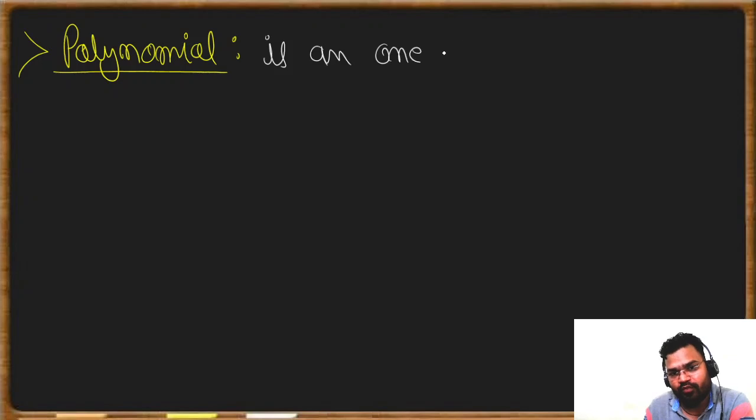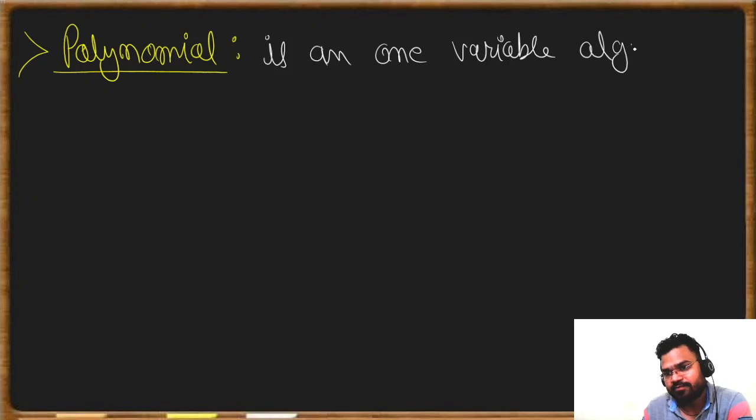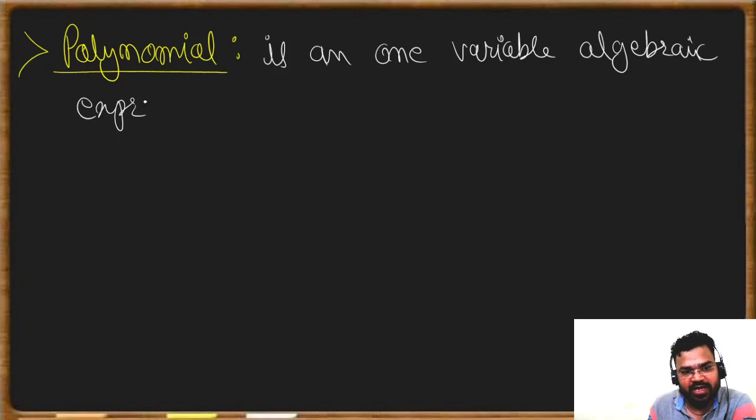Children, a polynomial is a one variable algebraic expression